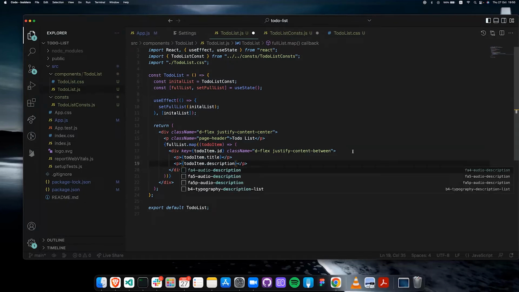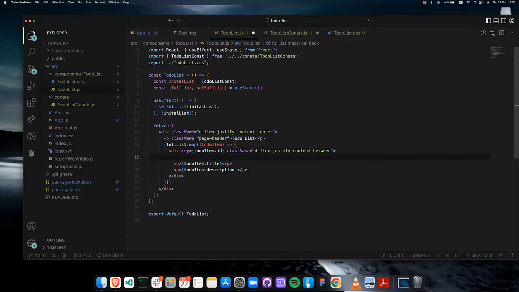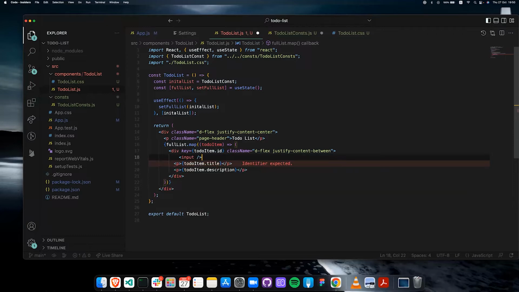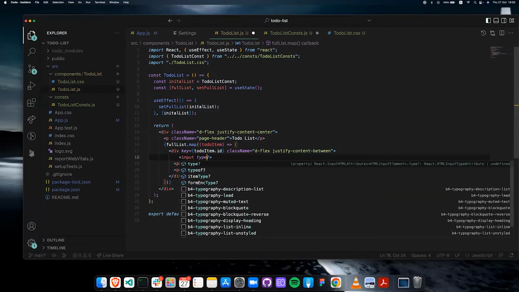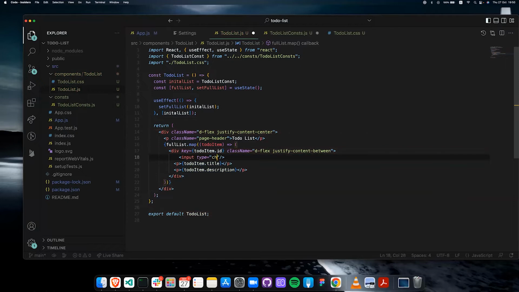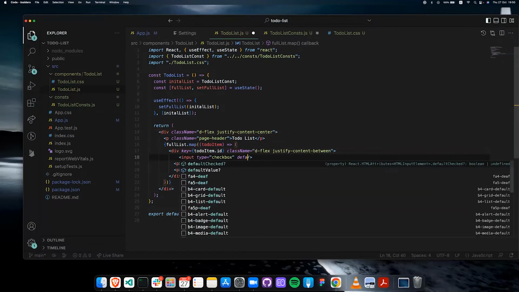And then I'm gonna have an input. Oh, sorry, in here, this is a checkbox that I want. So I will give the type checkbox here. And the default value, default checked,